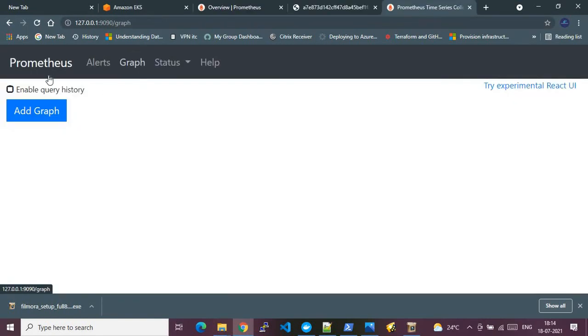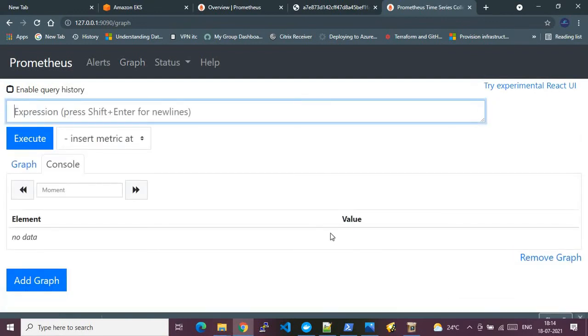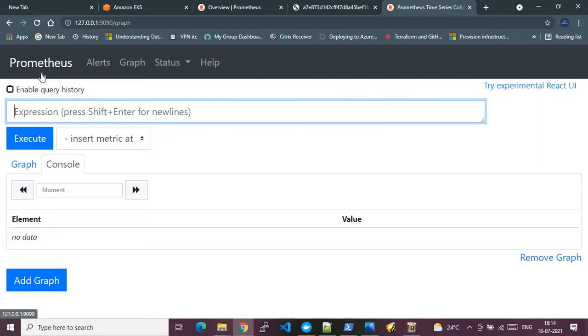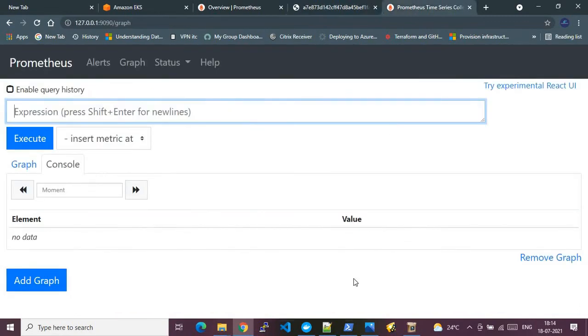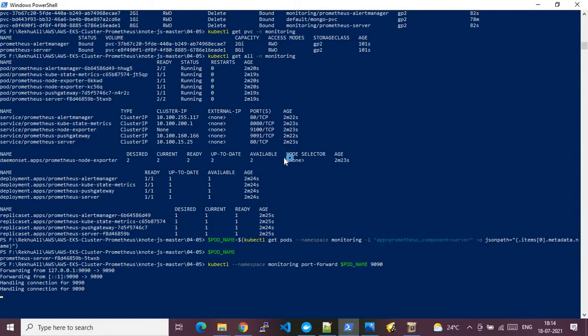Here you go. Your Prometheus service has been running successfully and it is available. This is the Prometheus UI, which has been hosted in our EKS cluster, and it will help us gather the monitoring data of our EKS cluster. Here you can execute queries, configure your alerting, and do all kinds of monitoring steps. So this tool will become very handy for our monitoring purposes. And this is our application which is hosted on our EKS cluster. In general, this is how we configure our EKS cluster and then target our Prometheus service, which will monitor it.